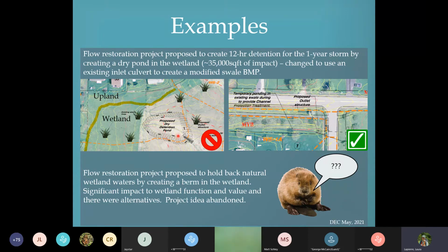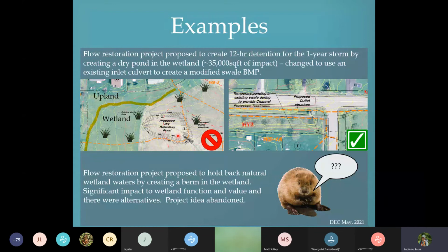And the purpose of this project was to create a 12-hour detention for the 1-year storm with that dry pond. And that would have caused almost an acre of impact within the wetland, which is likely helping with that flow protection by being a wetland area with hummocks and hollows holding water and such.